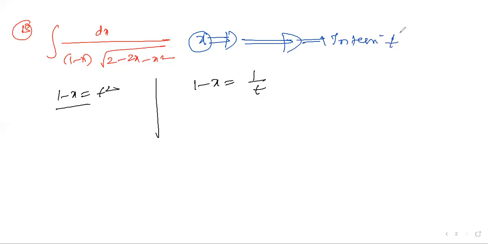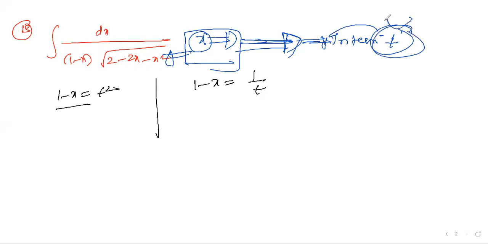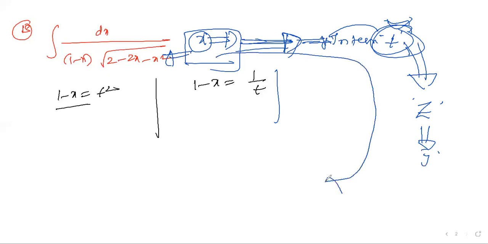To make it simple, we convert the entire question into terms of t. The question is in x, we are unable to go directly, so to make it a simpler question, we convert the question from terms of x into terms of t. After converting into t, the question looks a little easier, and you apply your integration in terms of t. If that is not sufficient, you can go for z, or y. Whatever the number of variables, you interchange your question according to your convenience. Going from x to t, t to z, z to y does not matter. Whichever variable or simplification you feel is simple, you can integrate.